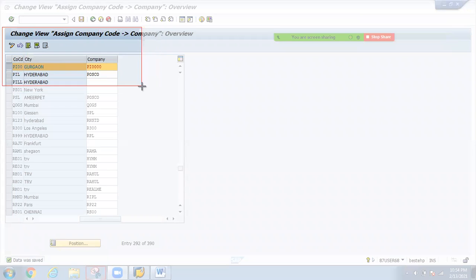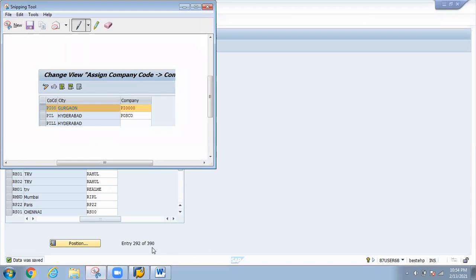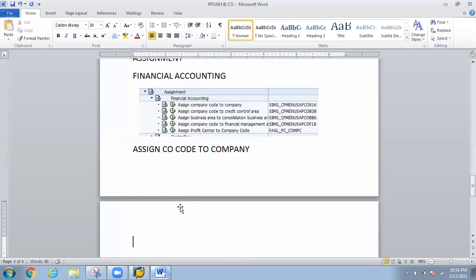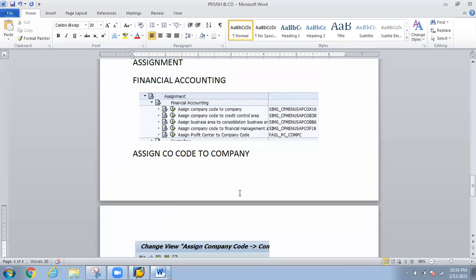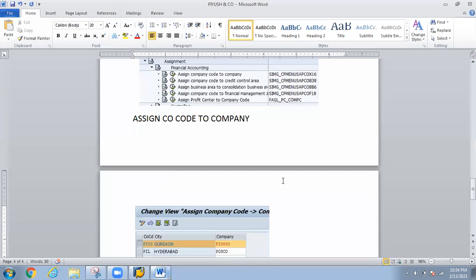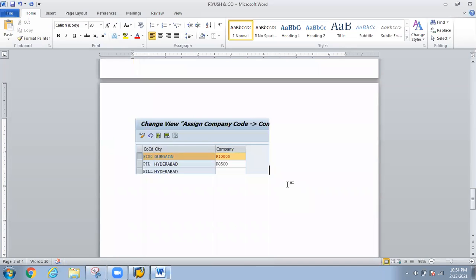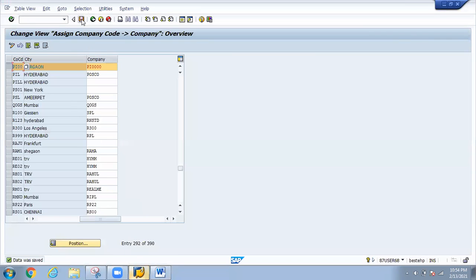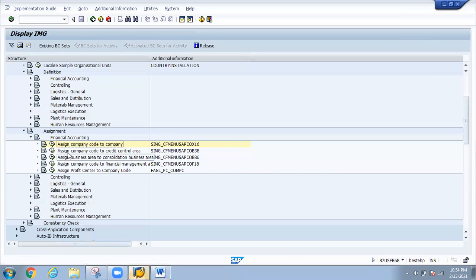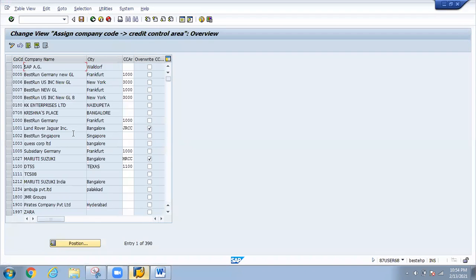Just copy this. Now the next step is assign company code to credit control area. The T code is OB38.